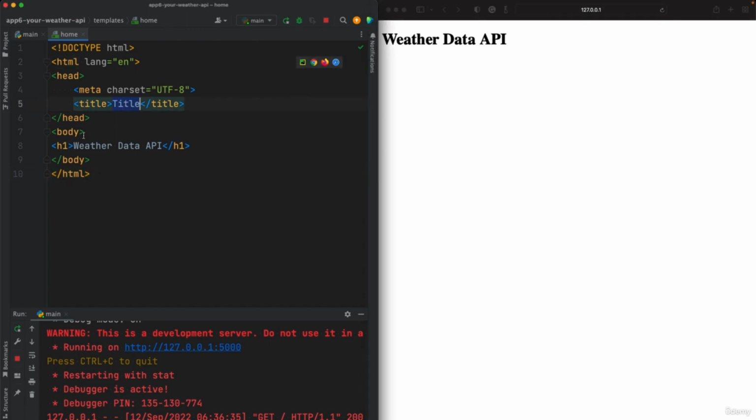And the title should also be probably the same, weather.api. So this is the title of this particular web page. Next, we should think about what URL format we are going to have. So in this paragraph here,